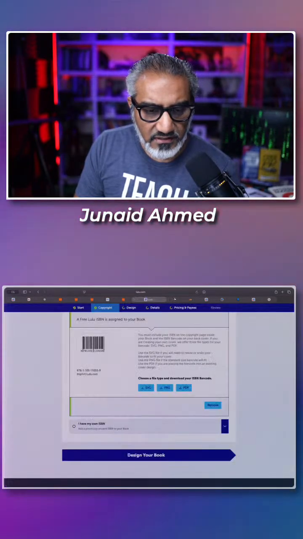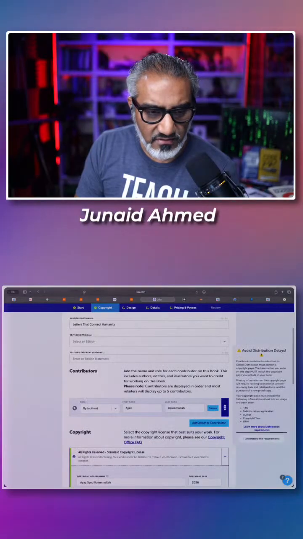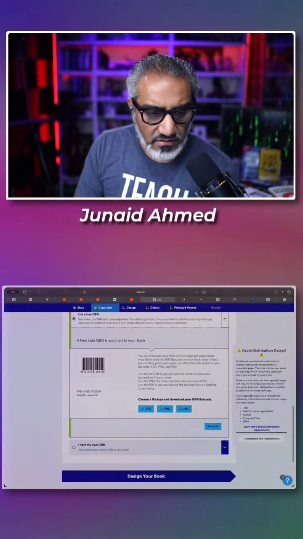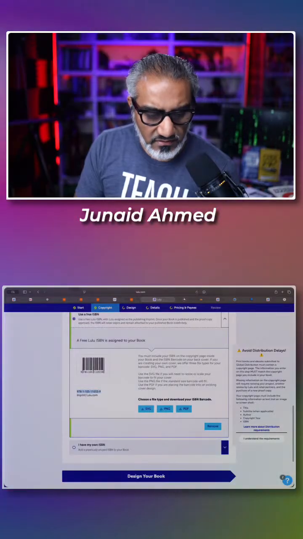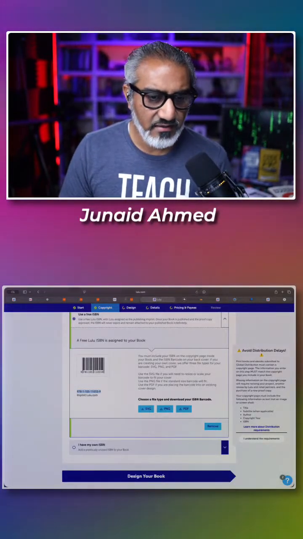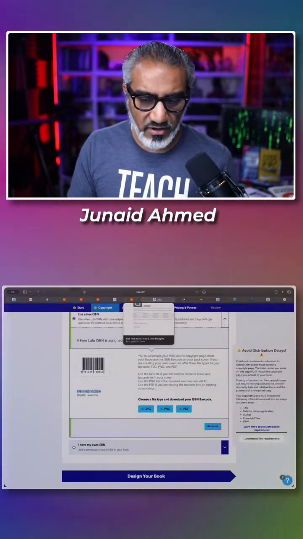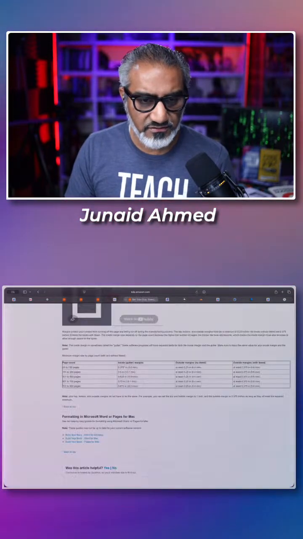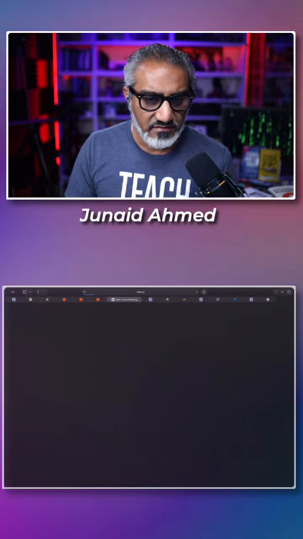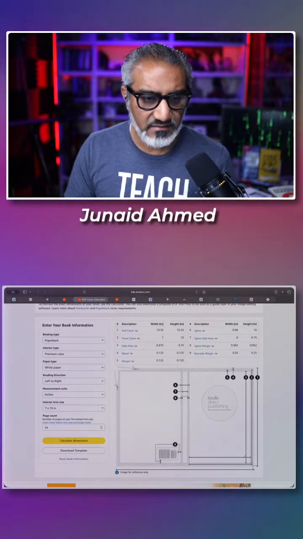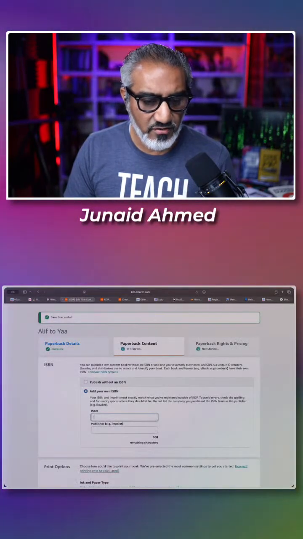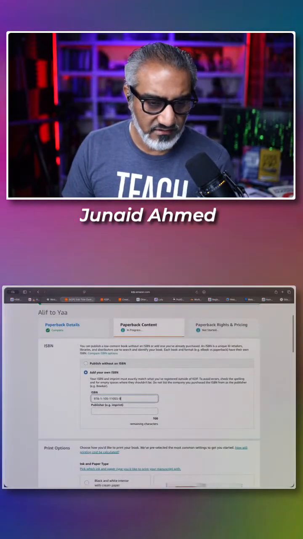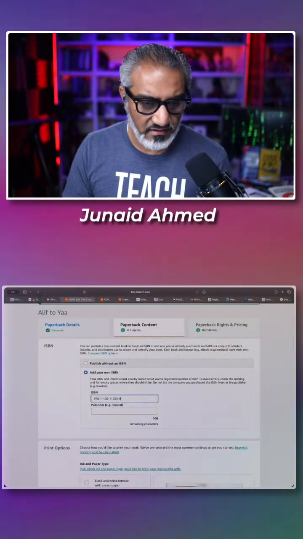So I got my ISBN from Lulu. And there's a reason why I got my ISBN from Lulu as opposed to Amazon. It's because when I go from Lulu, I can publish it on many more platforms as opposed to if I were just publishing using an ISBN over at Amazon.